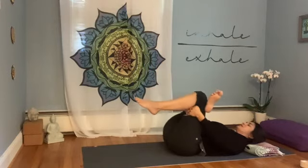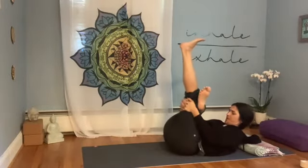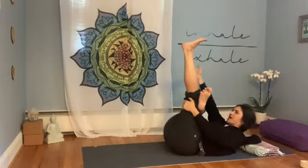So the left knee is coming in towards your left shoulder. Relax the shoulders. Try to feel a little bit of softness in the right hip. Feel your low back pressing down into the floor. And then from here, we're going to extend your left leg up towards the ceiling. And then we're going to take the chin, tuck it in as you lift your head and upper back off the floor. You can stay right here, or you can take your hands out and go a little higher up